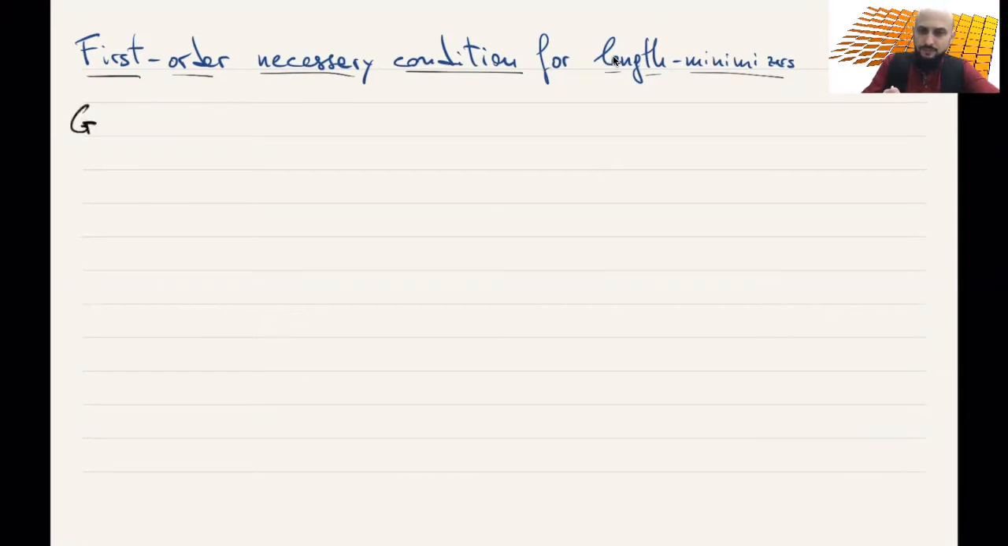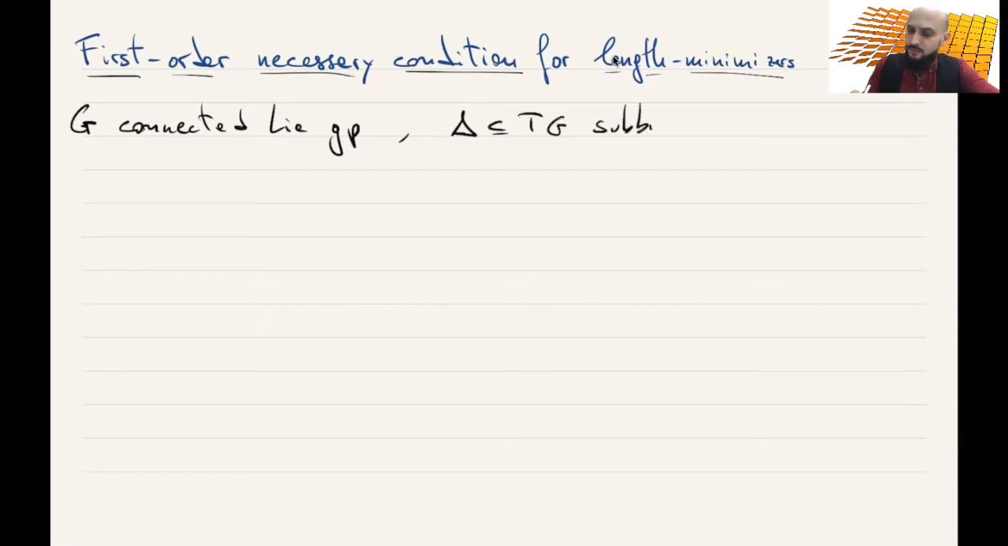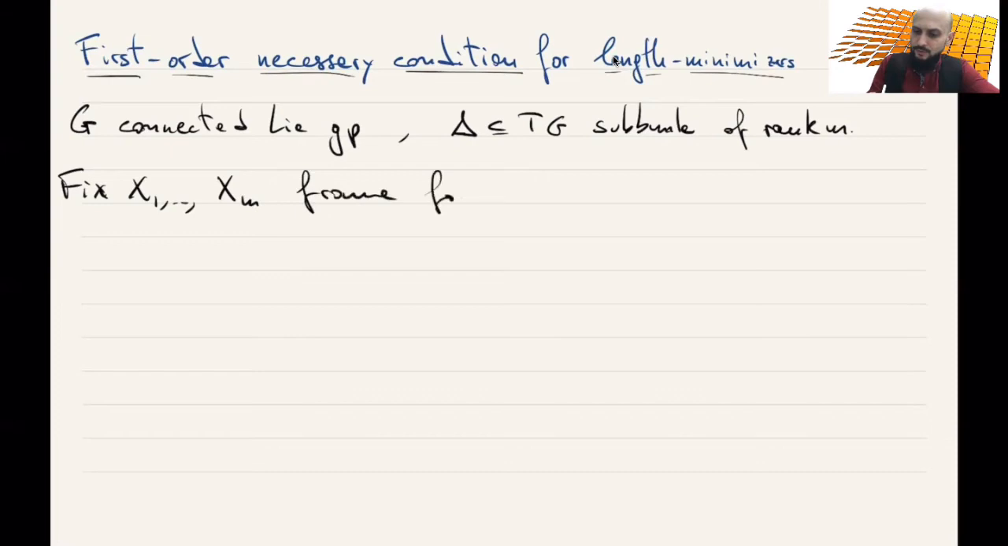So we have G, this connected Lie group. We have delta, a polarization or subbundle of the tangent bundle, let's say of rank m. And then we fix x1 up to xm, a frame for delta,